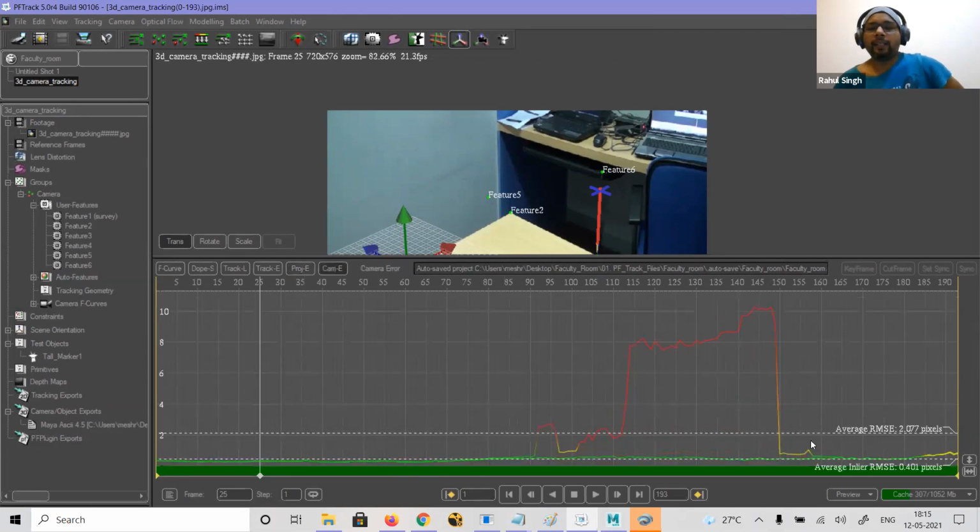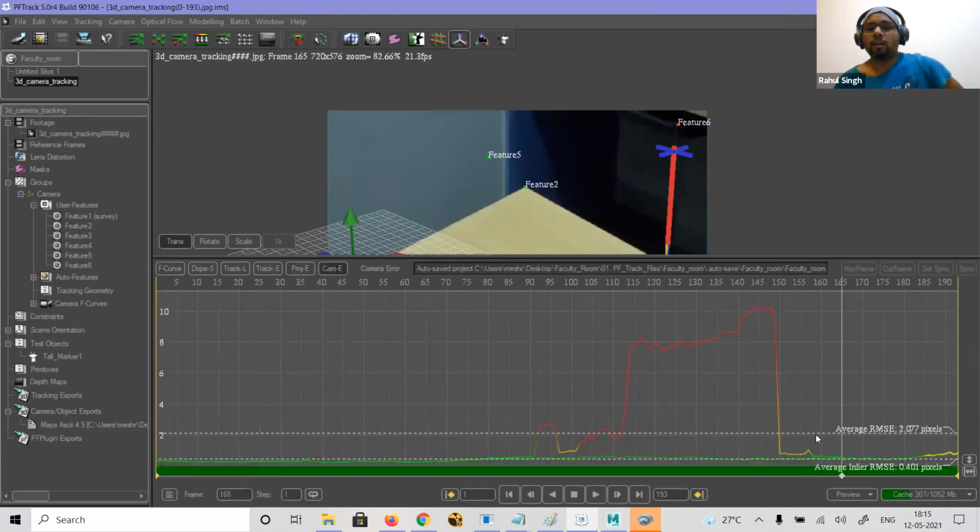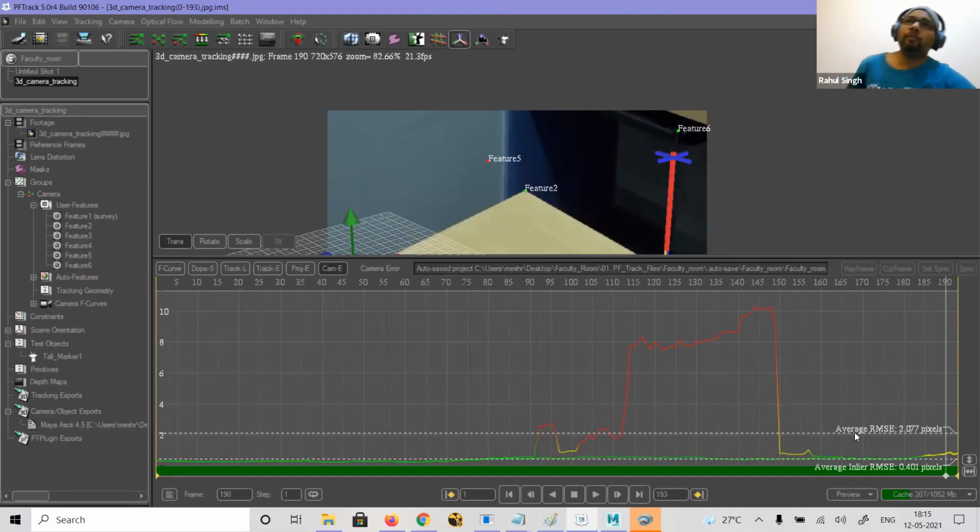Then the camera error movement is also not very good. The average RMS value is 2 pixels, and 2 pixels is a very high value. We always go below 1, or around 1 is fine. Above 2 is too much, which is why that error is there. So I have to add more manual track points to clear it. I have more error in this frame, which means I need to add more track points that should be present in this sequence. Then I can settle it.